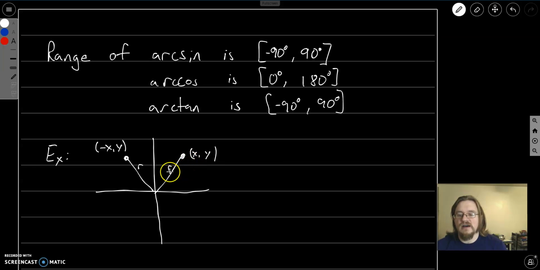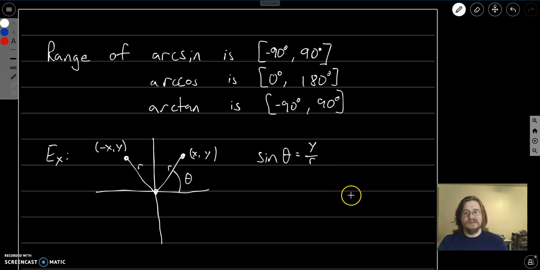Let's take two angles, and I'm looking at the point x, y, and this distance here is going to be r. So the distance from the origin to that point is going to be r. And I can look at this angle right here. So the sine of that angle is going to be y divided by r,